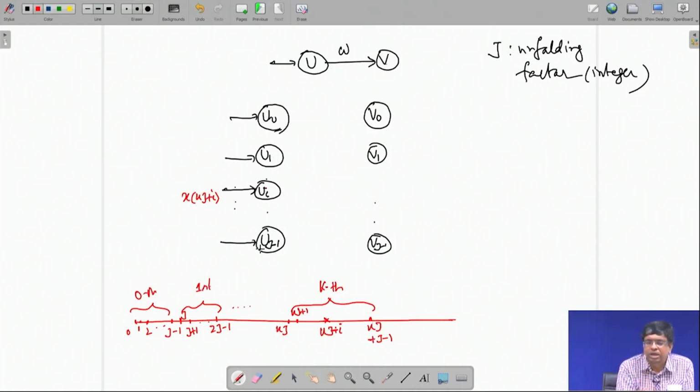This is the convention. x of kj here, x of kj plus 1 here, x of kj plus 2, dot dot dot, x of kj plus i, then x of kj plus j minus 1 here. All of them are parallel and coming at a period of capital T, or 1 by T rate. Now, they are processed by this, fine, but after getting processed, each output has to be delayed